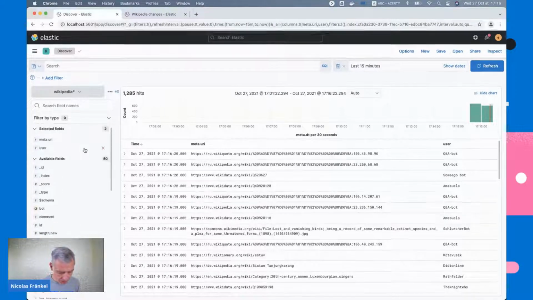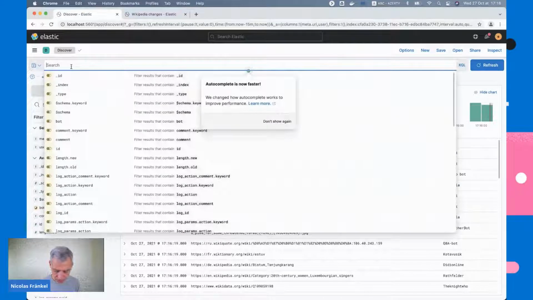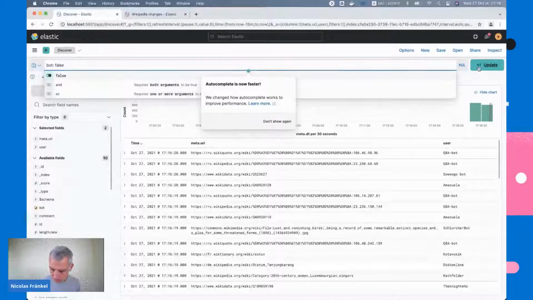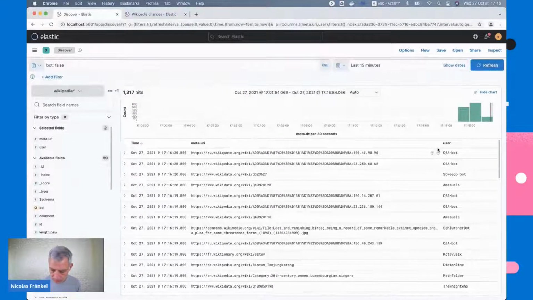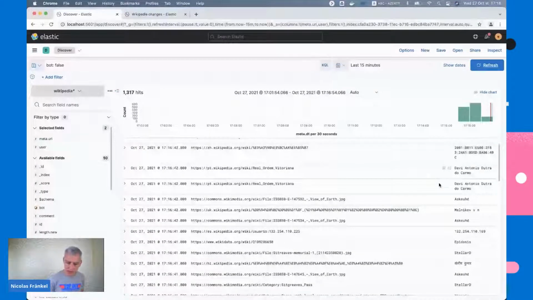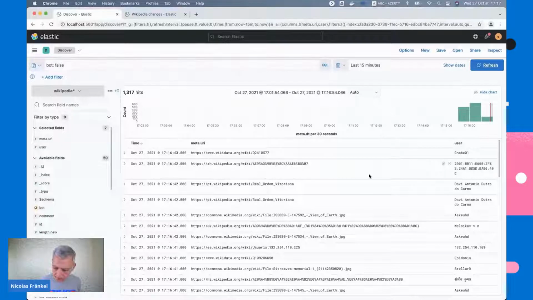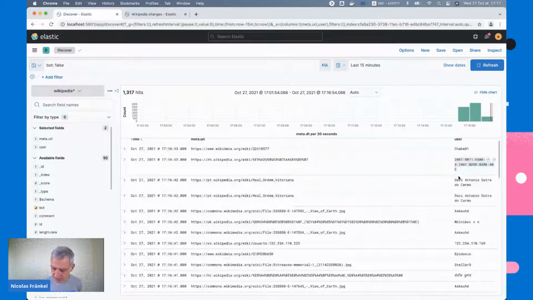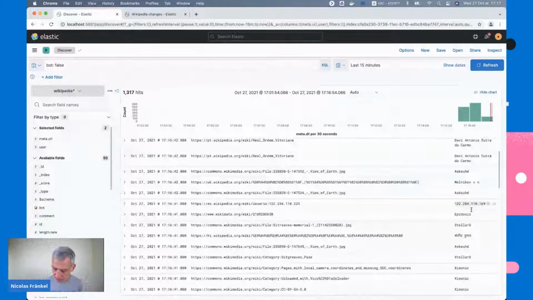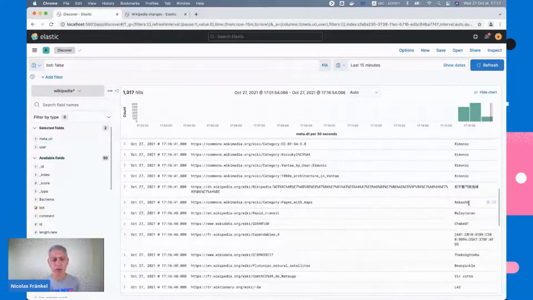And perhaps if it's a bot, I don't want to have bots. So I want to have bot false. Interesting, I still have bots. And here, anyway, in all cases, we can see that there are some users, and we have IPv6 or IPv4 addresses. So that's interesting. So that's already something. And when you start realizing that, then you check on Wikipedia how it works.